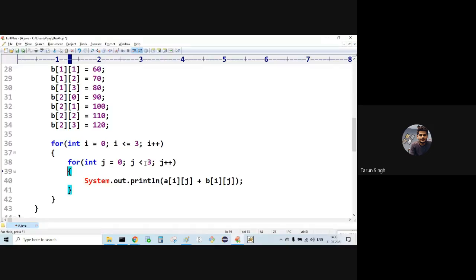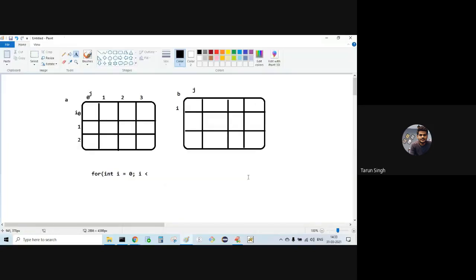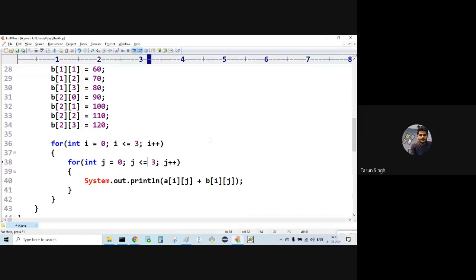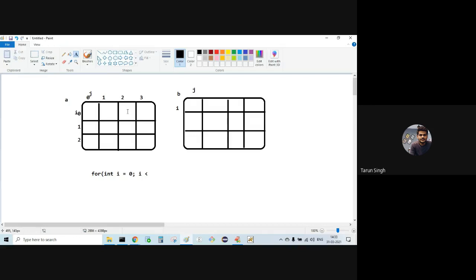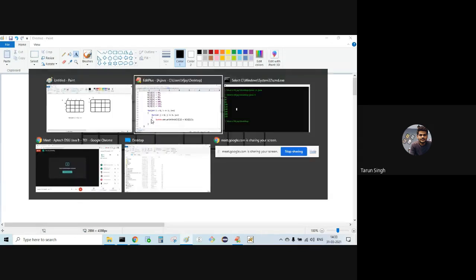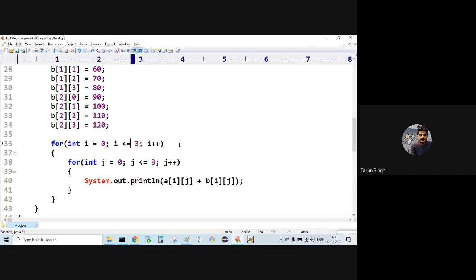Length, actually. Like this. J should take up to 4, 3. Same array, right? Any changes there? No. 0, 1, 2, 3. It is 4. Now correct, sir.